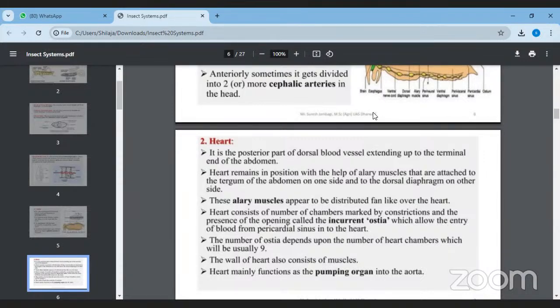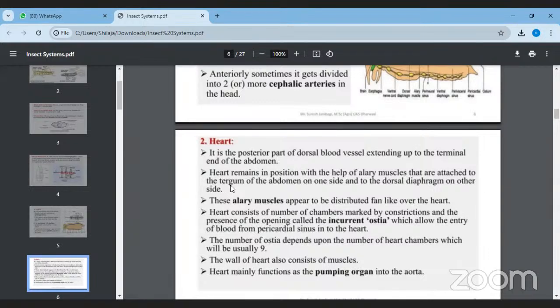So now coming to the heart, we say that the dorsal blood vessel is divided into two major parts, that is a posterior heart and the anterior aorta. So when we write, we say that the heart is being divided into the dorsal vessel, that is the main vessel, which is divided into two major parts, posterior heart and the anterior